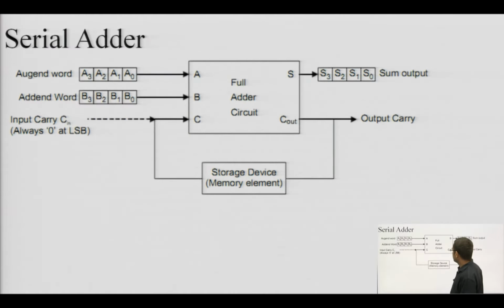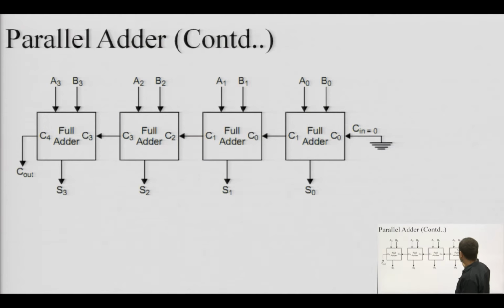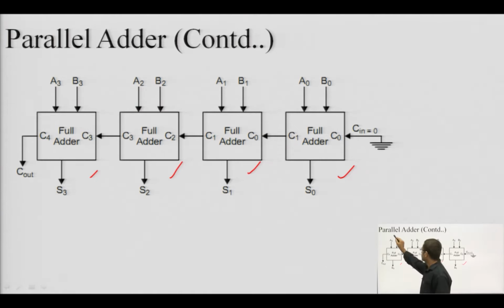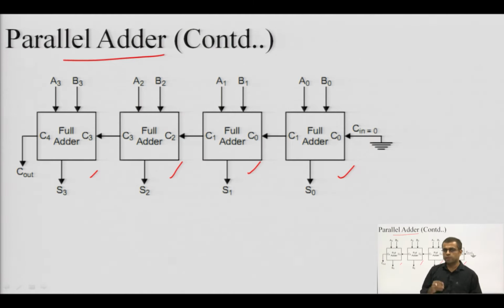So, we can see that these are the 4 full adders. This is one full adder, another full adder, another full adder, another full adder. Okay. So, these 4 full adders can be used to generate a parallel adder. So, this is my parallel adder, because all 4 adders are receiving their input bits simultaneously and generating the sum and next stage carry, and this next stage carry is being used by the next full adder to compute a fresh sum and fresh carry, where the sum will be displayed on the bottom side and that carry will be sent to the next full adder.